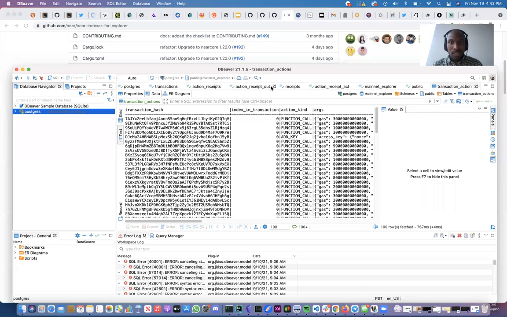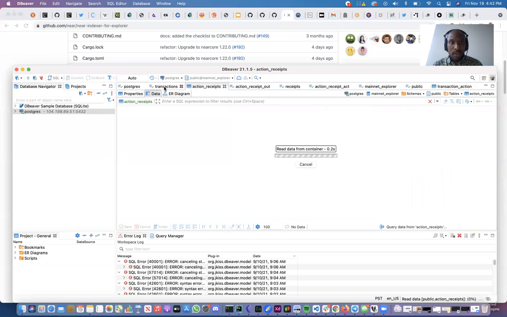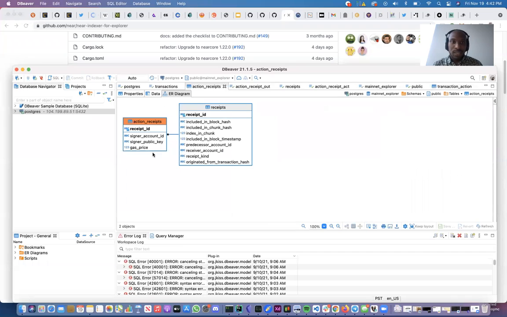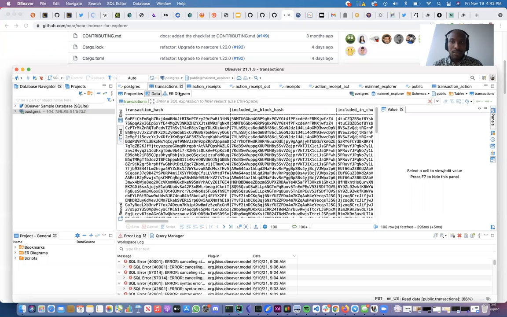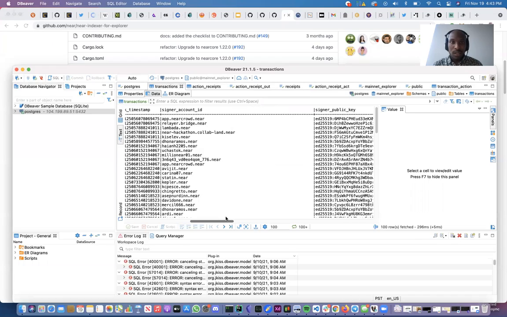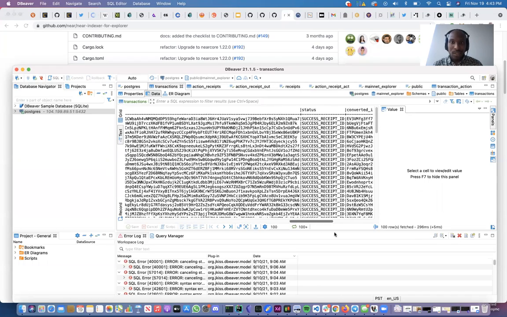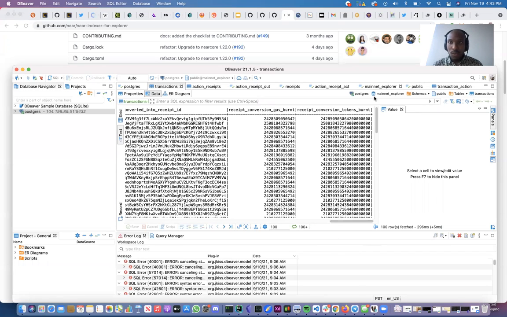And so this allows you to see the tables and make sense of what's happening with the blockchain. So there are ER diagrams and things like that. You can see action receipts, originated transaction. And if you look at the schema for some of the transactions, you can then see some of the names and the account IDs there, and pretty much all the data that you might need to resolve what is happening